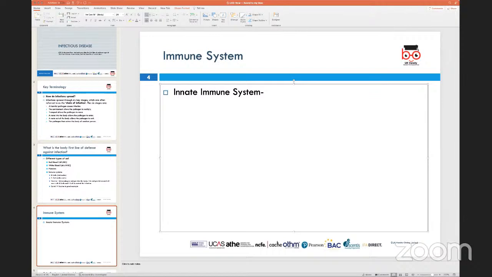So when I say innate immune system, and I talk about what are the various organs or barriers that would fight this, one will be skin, mucus lining of your nose, your lungs. You would be looking at mechanisms which are primarily physical barriers to infection, or the pathogen trying to cause infection